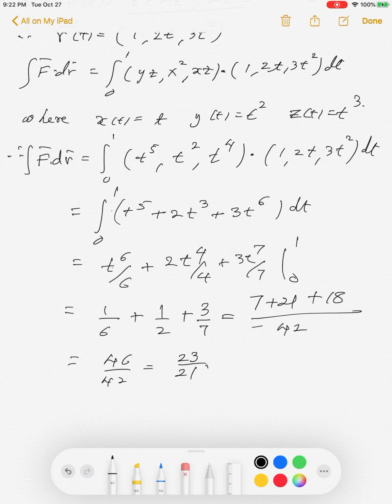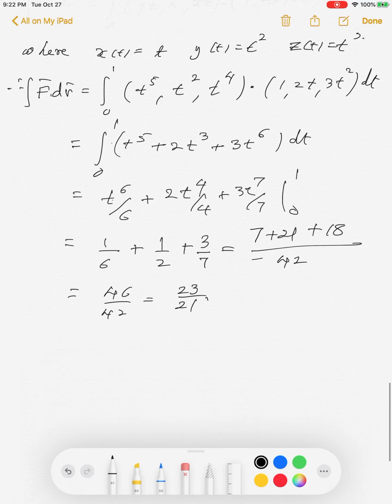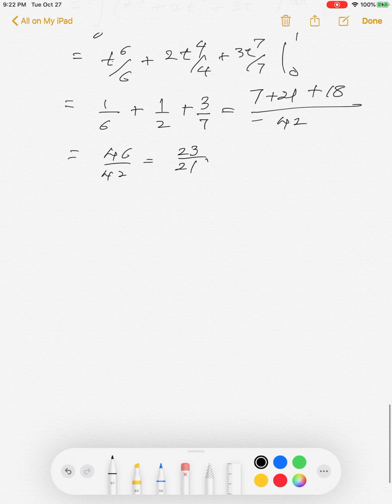Let me check whether my answers, which I just worked out here, are the same as what we had in my computation. Yeah, that's very good. So that's how you calculate